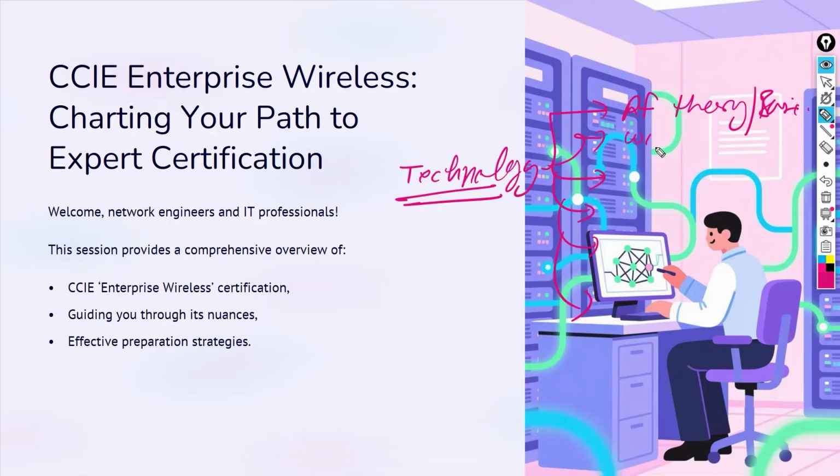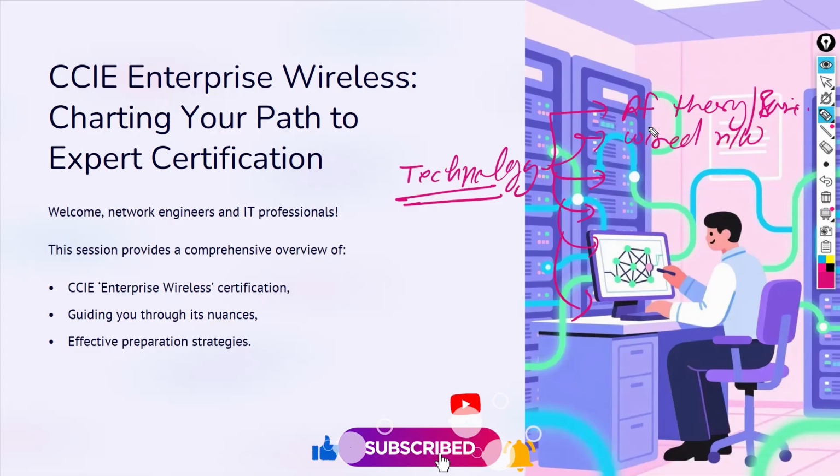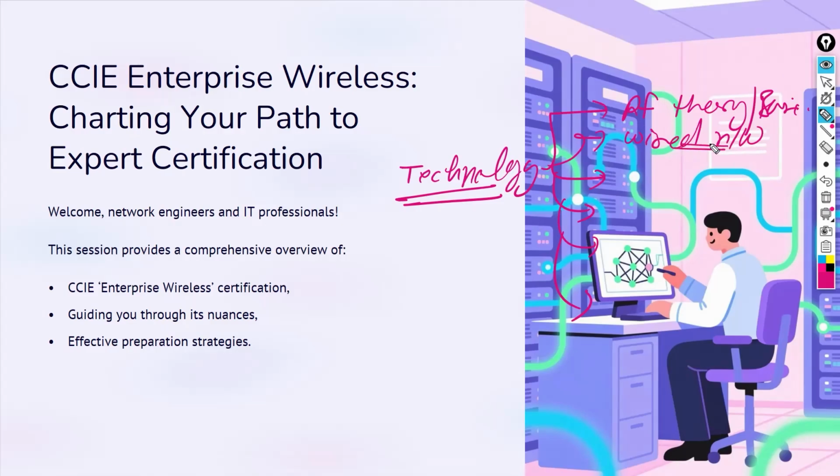Then we'll see the wired network, enterprise wired network, because basically your enterprise wireless network will be founded on the existing wired network. So the understanding of this is quite crucial. So we'll start from here only, right? We cannot directly jump to the wireless enterprise network, right?